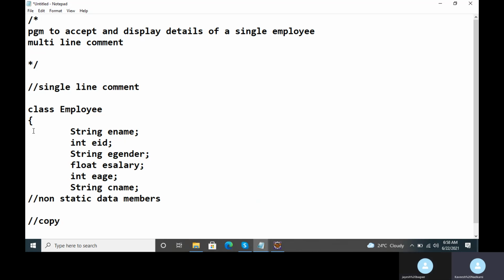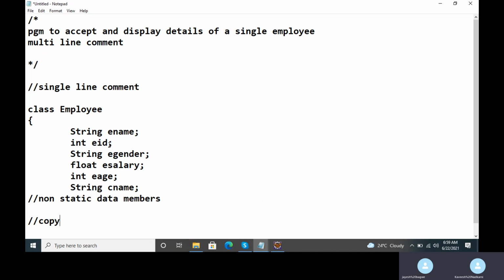And if I create, for example, 5 objects of the class employee, then there will be 5 copies created for each data member. Clear, Jayesh? Like E1, E2, E3 that we did yesterday.